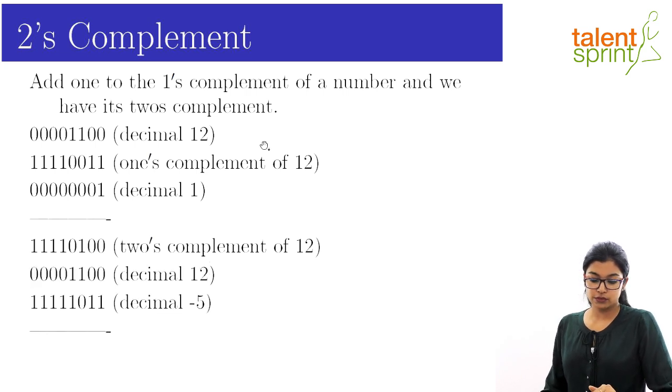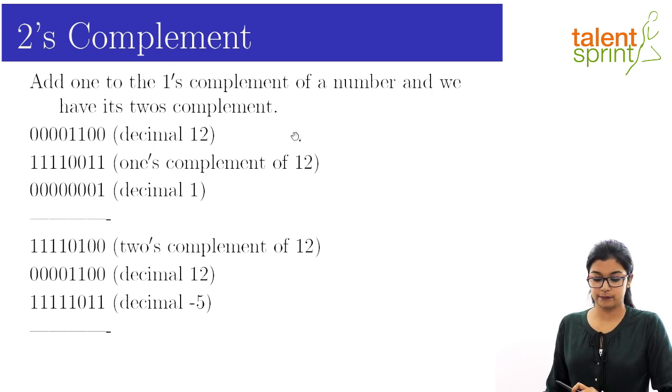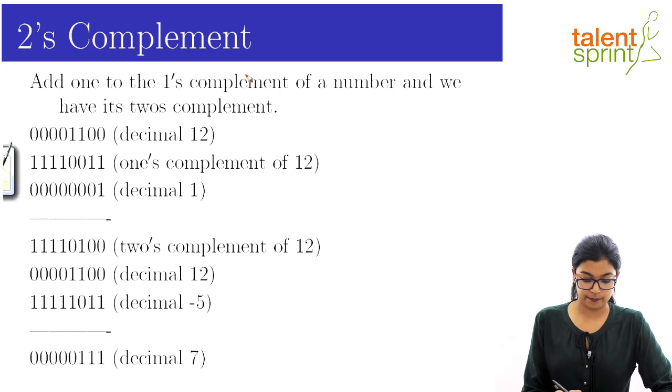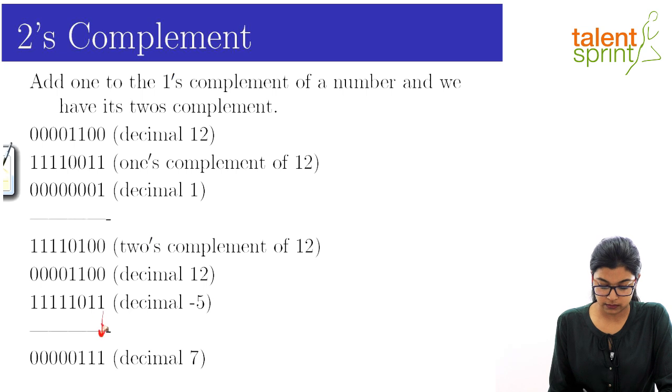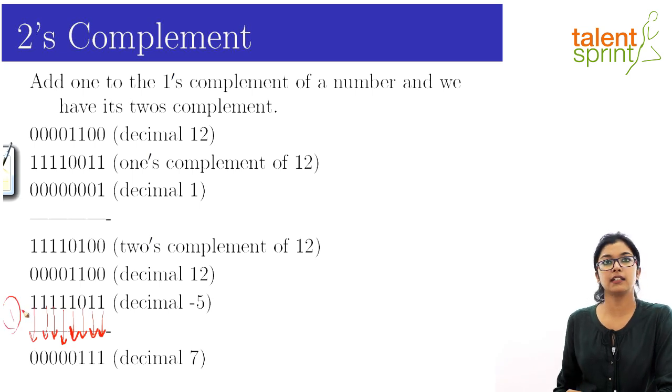So let me quickly show you now the addition process using this. We have decimal 12 and we are adding decimal minus 5 to it, and we have to get the correct solution. Alright, so let's see. 0 and 1, 1, again 1, 1, 1 and 1 will give you 0 with a carry of 1, 0 and 1 and 1 again 0 with a carry of 1. So similarly you will get 0 and there will be finally a 1 carry left out like it was in